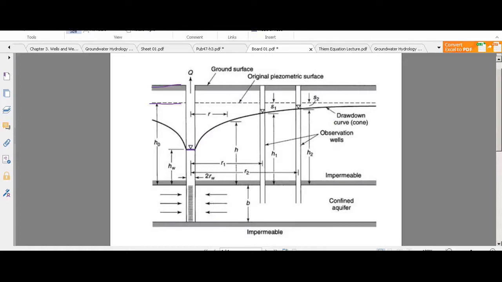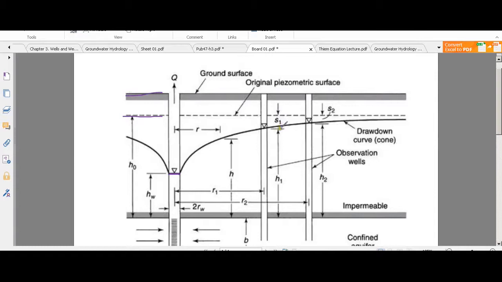Now drawdown is simply a measurement. For example, if you consider a particular distance r1. This is the center line that passes through the well, okay? So you are just going to measure some distance r1, right? Even though this well also has a width, just consider that you are going to connect up to the midpoint, because otherwise you might have a doubt whether you are going to connect up to this point or up to the mid. So just consider you are going to connect till the mid. I hope you get the point of what I mean.